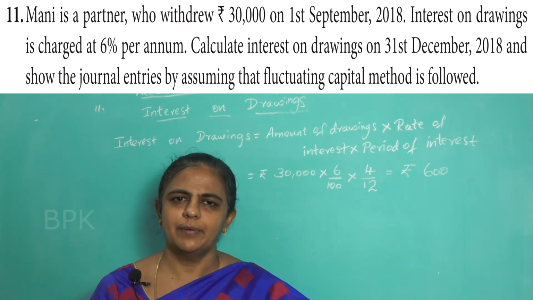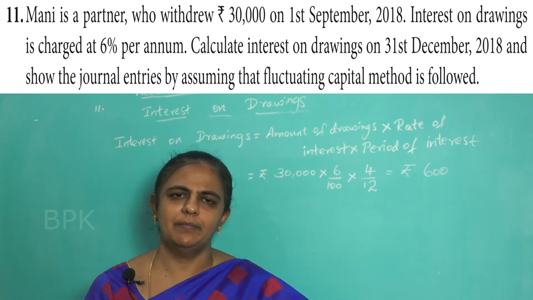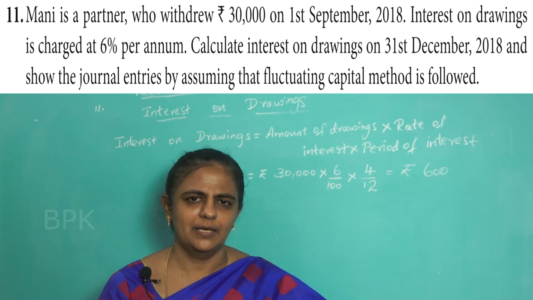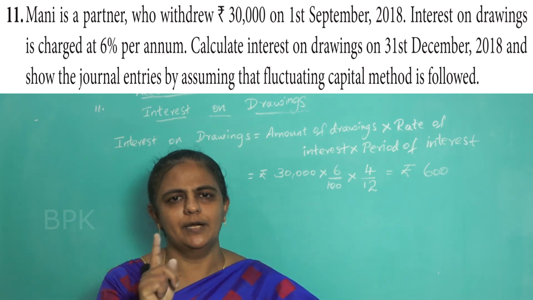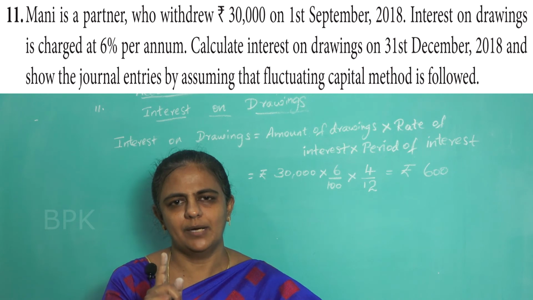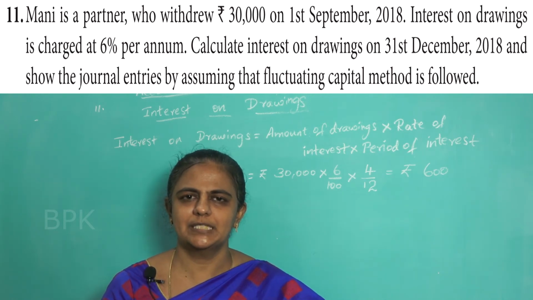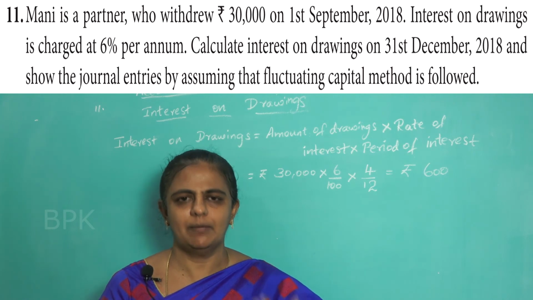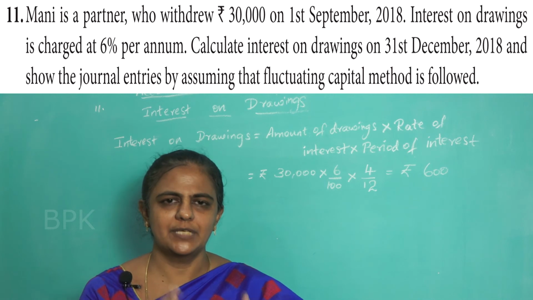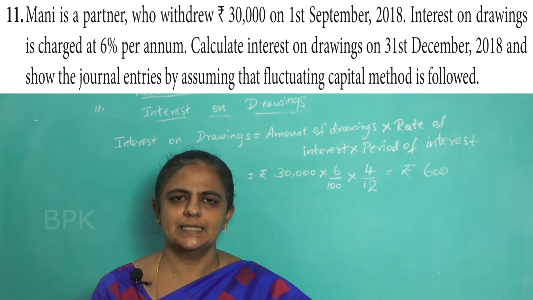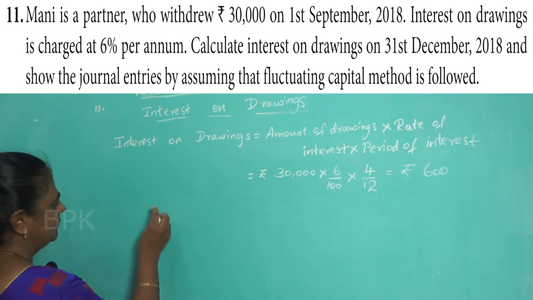So, we have already prepared under fluctuating capital method. Okay. How many accounts you have prepared under fluctuating capital account? Under fluctuating capital method, we are preparing only one account. What is that one account? That one account is what? Capital account. So, where this interest on drawing should be charged? It should go to the capital account and not to the current account. Okay. So, you have to see the question and then you should understand whether it should go to capital account or current account. So, next journal.